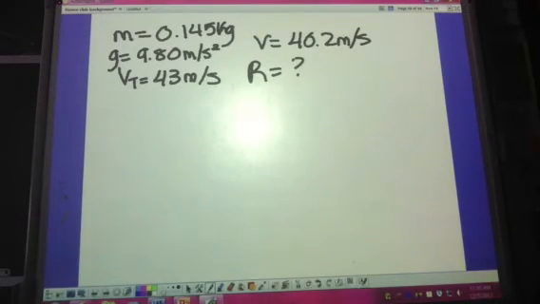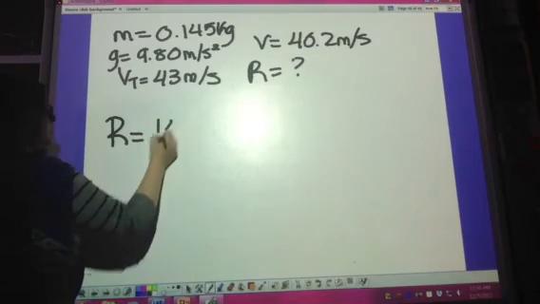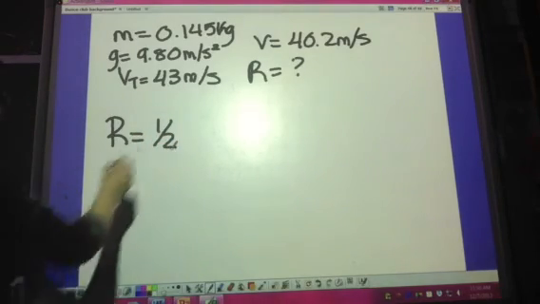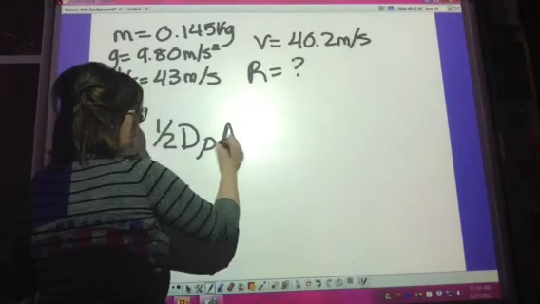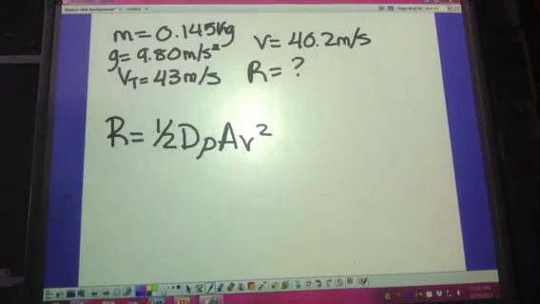Okay, well, we can find, like we said, resistive force. We have an equation for that, and that is R equals 1/2 D rho A v squared. Okay, well, we have some problems here because we don't know cross-sectional area. They didn't give us A. We don't know what the drag coefficient is here either. We could look up the density of air, because we can maybe hopefully assume that since it'd be traveling through air,